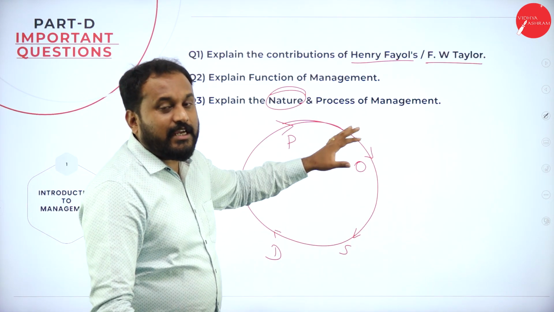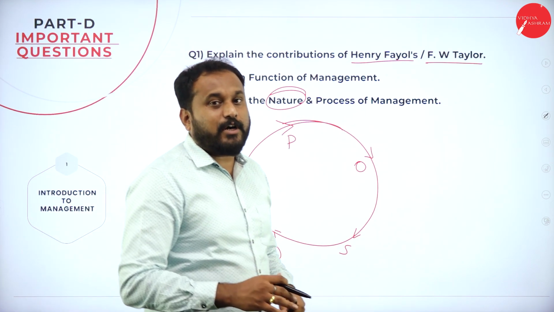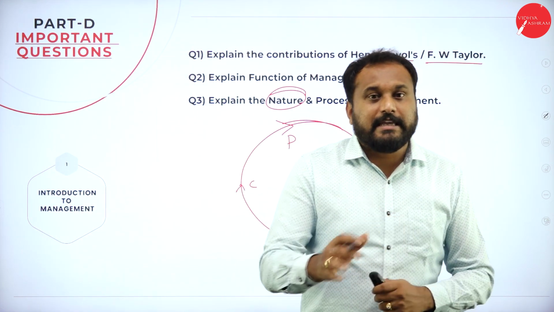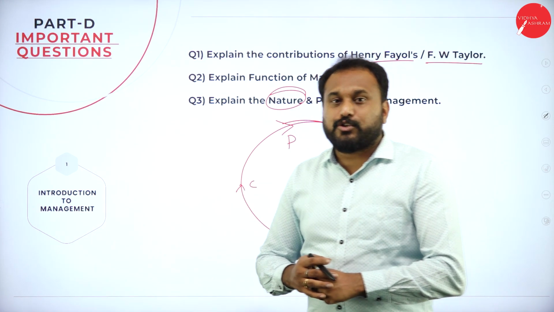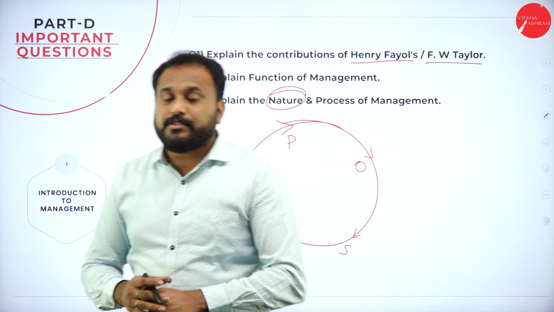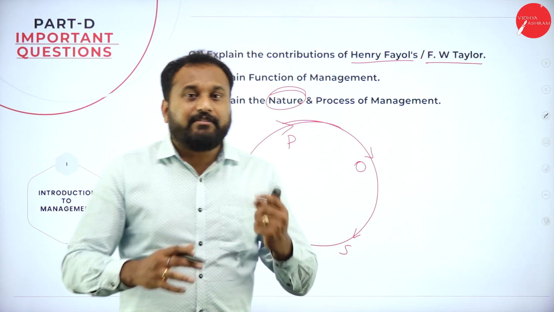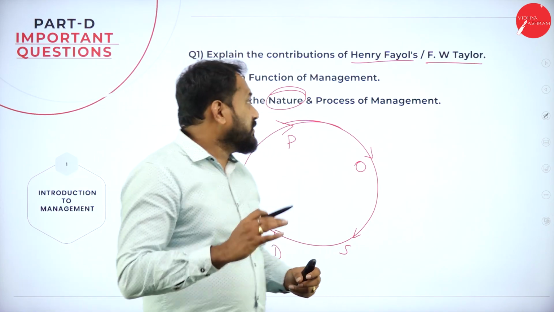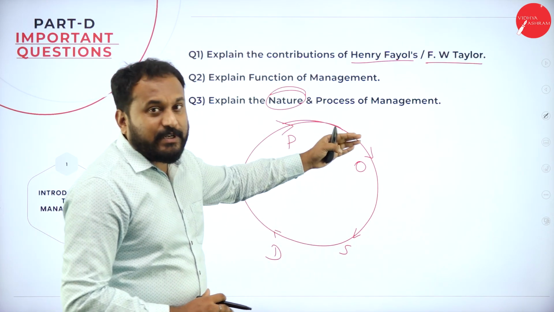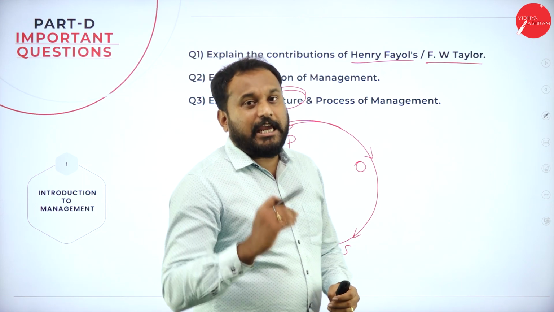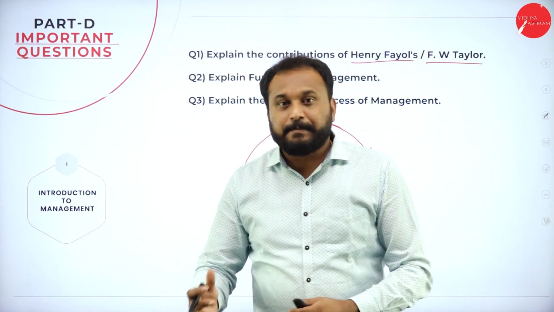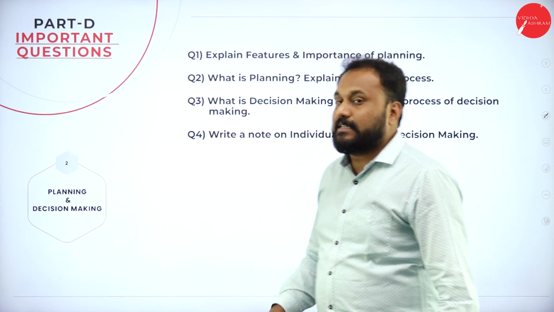So these are the 3 questions which are very, very important from this chapter which you will be getting. So what would be the 5 marks question here? Now the 5 marks question, I told you here, students, is very, very difficult to actually predict. But if you read all these 3 questions, the 5 marks question is a cakewalk for you. You can write it. Next is we have planning and decision making.